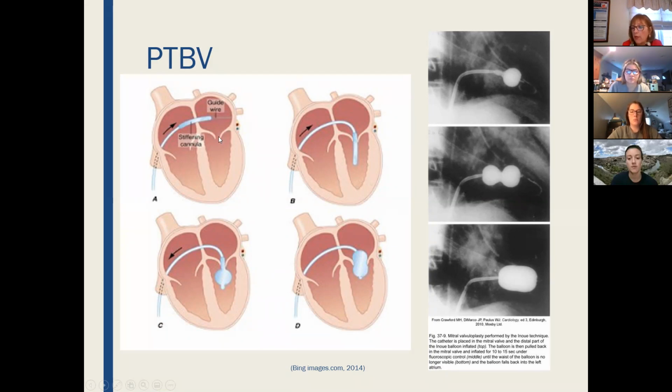Now, this is the valve that is the issue, the one that's not working well, that's stenotic. So they turn it, and they come down here. And once they get a position, they use an Inoue balloon over here, which is like a figure 8. It blows up in different sections, and then the whole thing blows up. So they get it in position, and then they start to inflate the balloon. So they first inflate here, and gradually they're just trying to stretch that valve open to see if those commissures